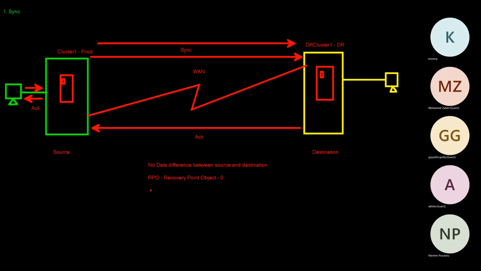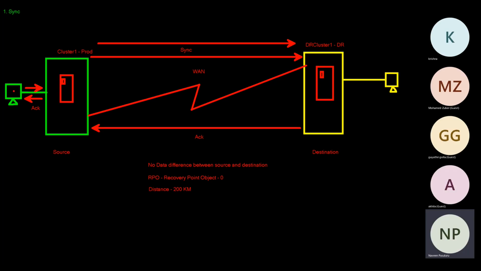But the only thing is there is a distance limitation. The distance between source and destination must be less than 200 kilometers if you want to implement synchronous replication. Why? Because